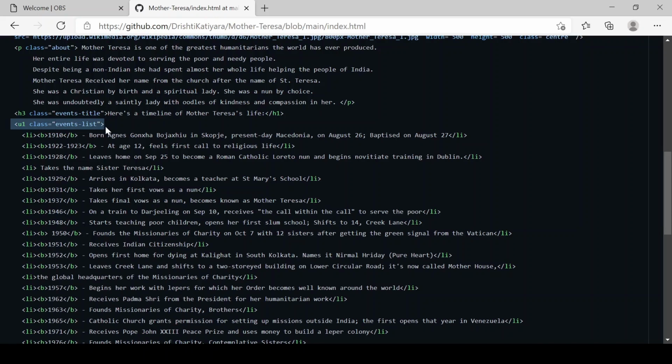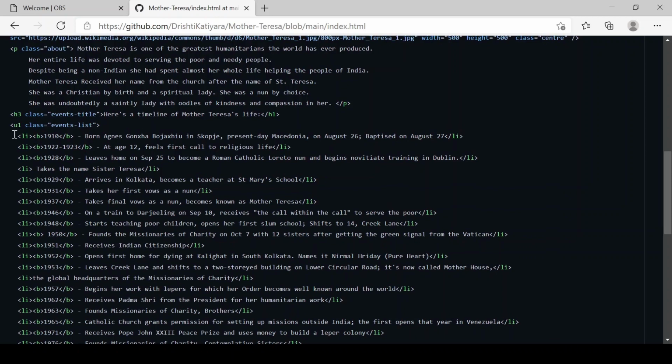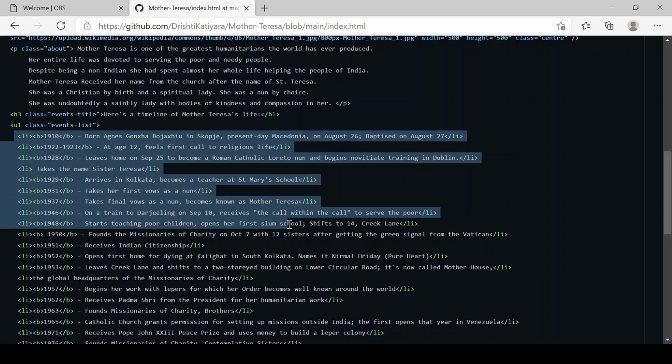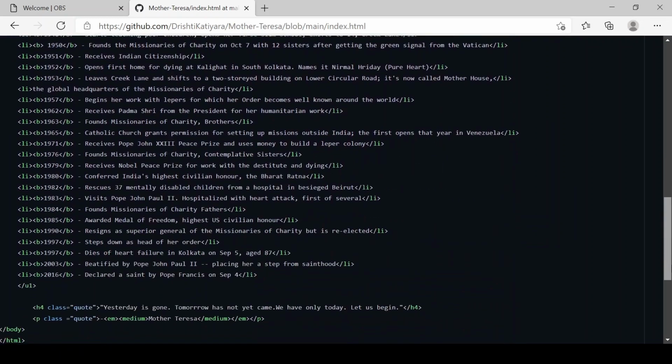We need to remember the classes so that while styling we can use them. Now this li tag stands for line item and the B tag stands for bolding the text. So here we have included some of the events that have happened in her life, the major events.